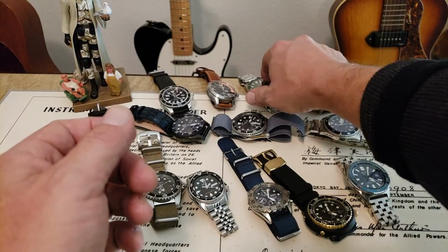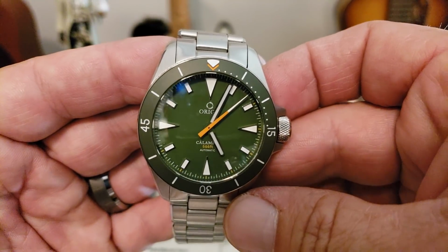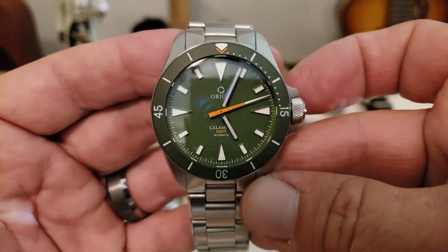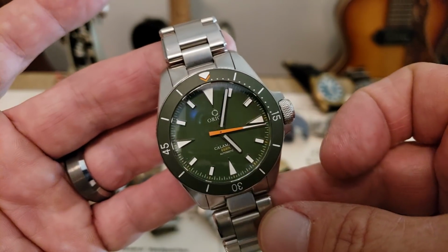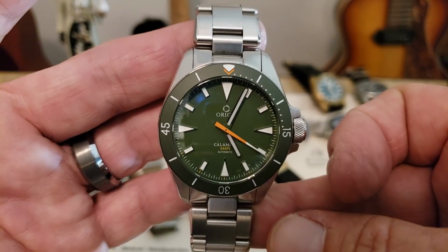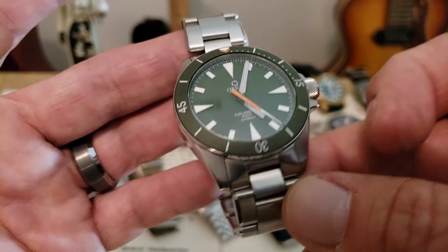All right, so you can tell I like green, especially in my independent or my micro brand watches. Now this is watches by Nick. This is the Orion Calamity. This is the drab model. I bought this last year. I really jumped on as soon as Nick announced that he was going to be getting these watches made. It took quite a while to get these watches out and done, but Nick did just a spectacular